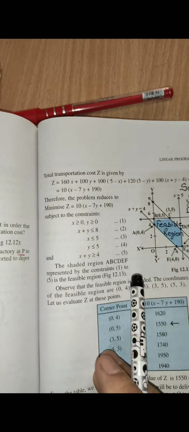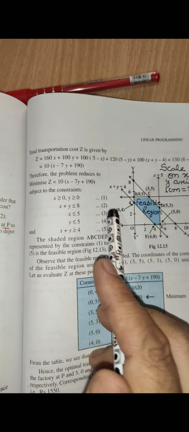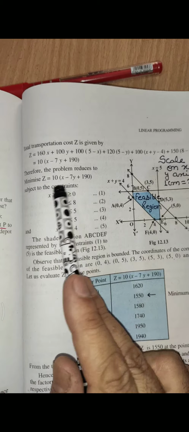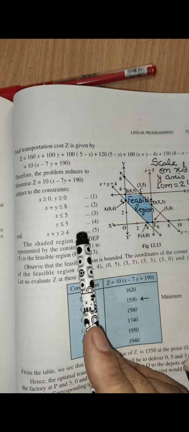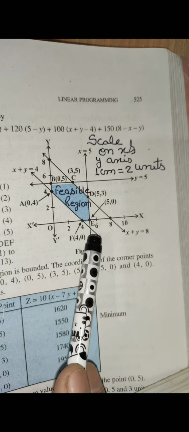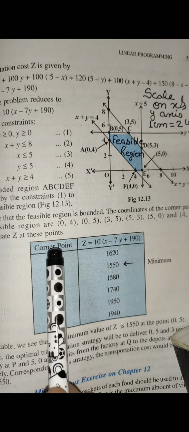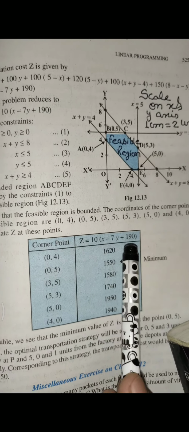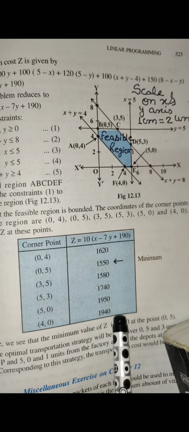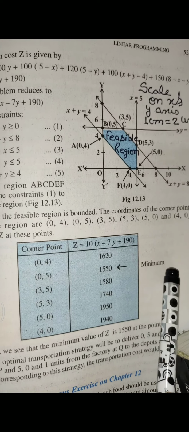Now in lectures 1 and 2 I have already explained how to solve linear programming when you are getting the objective function and the subject to the constraints. Plot these inequalities on graph paper, find the common region. After finding the common region, find the coordinates of the corner points, then substitute the coordinates of these corner points in the objective function. Whichever is maximum, that value we will consider as the maximum, and whichever is the minimum among all these, that we consider as the minimum.